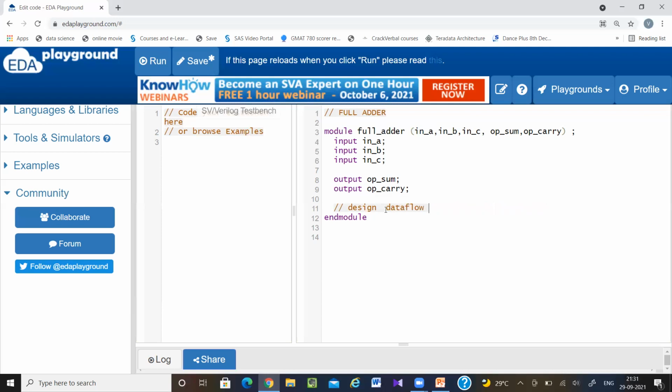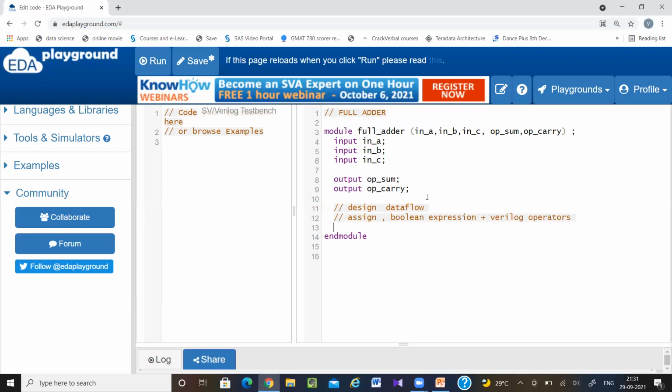We all know what the expression for sum and carry is. Data flow means there will be 2 things. You have to use the assign keyword to do some assignment. Next, you have to write the code with the help of Boolean expressions plus Verilog operators.